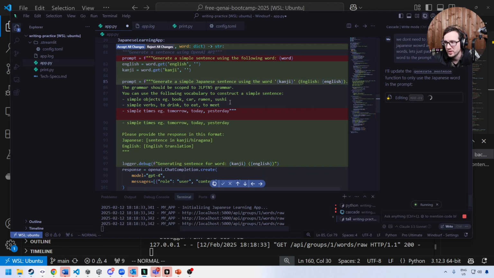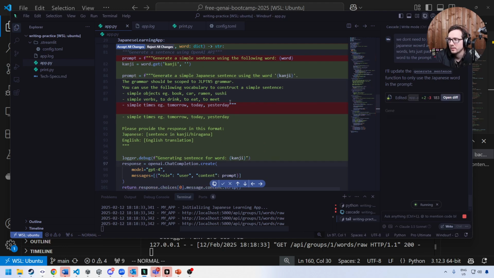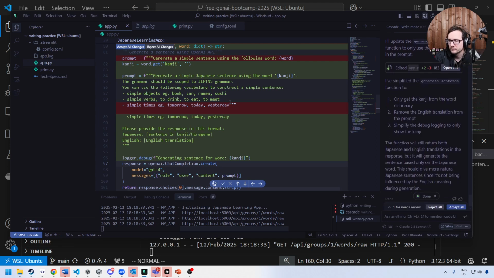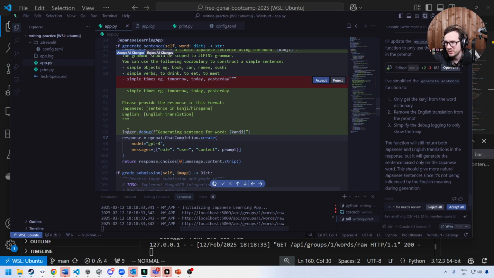It is bringing in our prompt document, which is really nice. So I like that. There we go. That looks good. You have more natural Japanese sentences not being influenced by English meaning during the... I don't know if I agree with that reasoning, but that's fine. And so we have this. It says, and then as